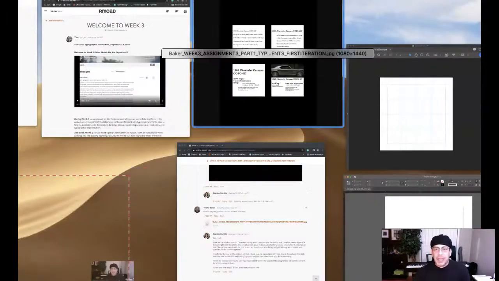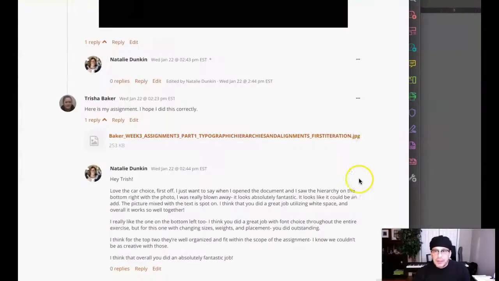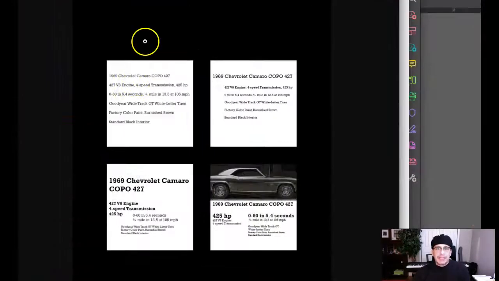Okay, let's go ahead and take a look. All right, excellent, very good. You definitely understand hierarchy, that's for sure. So in your first example here, let me see something. Is this a PDF? It's a JPEG, so I can't check the size, but it looks like,